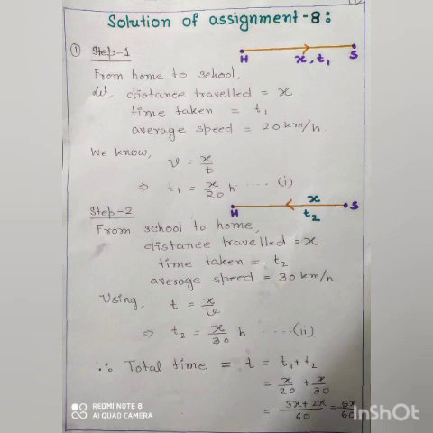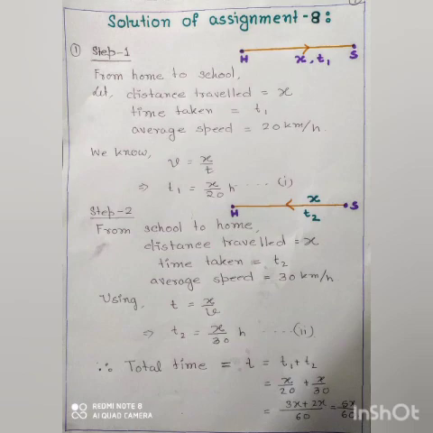First question is, Abdul, while driving to school, computes the average speed for his trip to be 20 km per hour. On his return trip along the same route, there is less traffic and the average speed is 30 km per hour. What is the average speed for Abdul's trip?